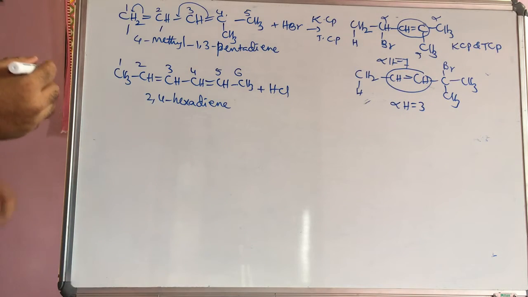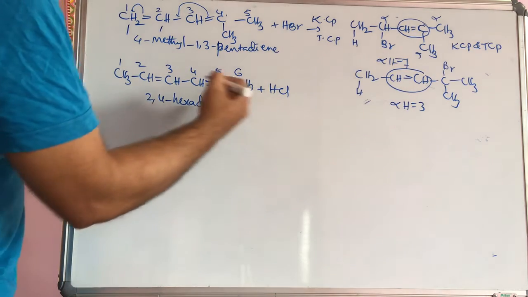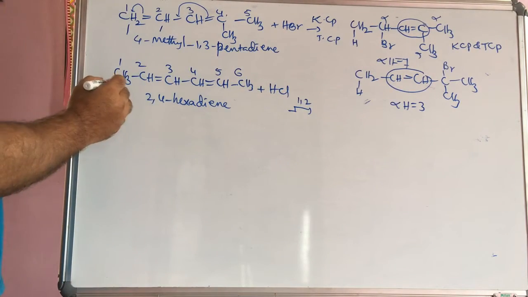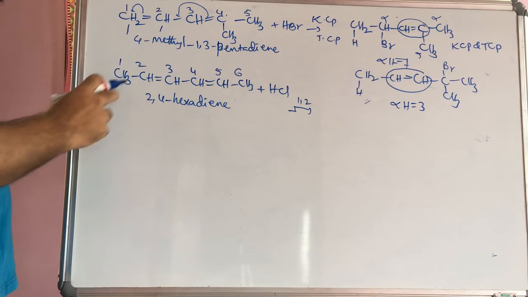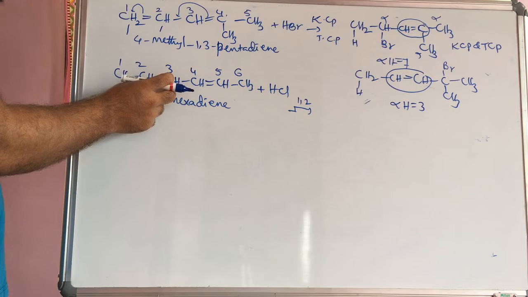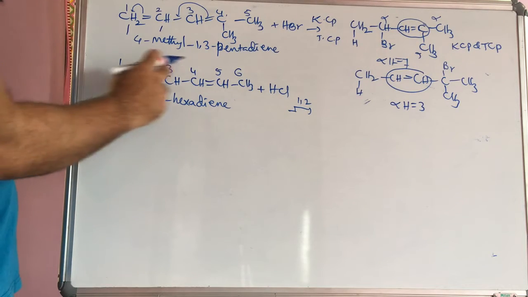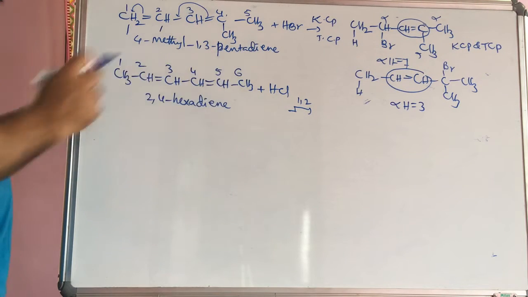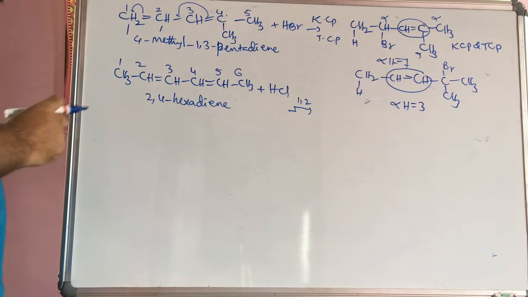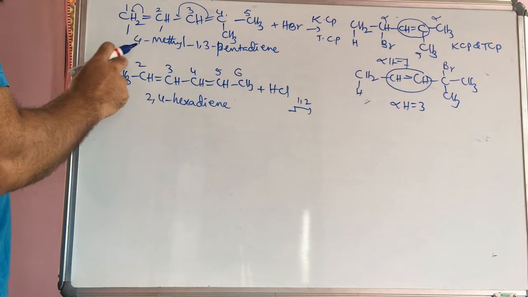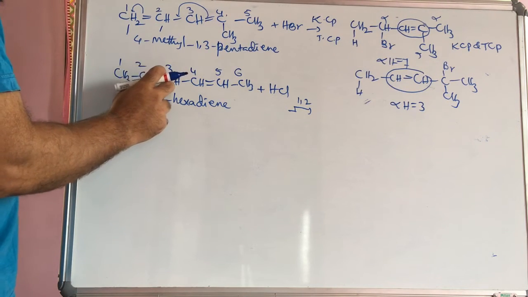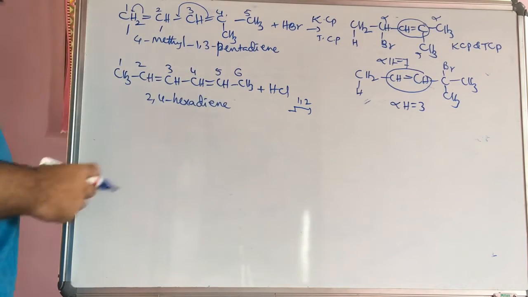According to this, we will write both products, 1,2 and 1,4. So now I am writing the 1,2 product. It means now don't tell me this is a 2,3 product. We are assigning numbers only to the double bonded carbons. According to IUPAC the numbering is 1, 2, 3, 4, 5, 6, but here I am writing the 1,2 product, and somebody will see that 2 and 3 numbers are there. That is not here. I am taking only the double bonded positions: this is 1, this is 2, this is 3, this is 4.